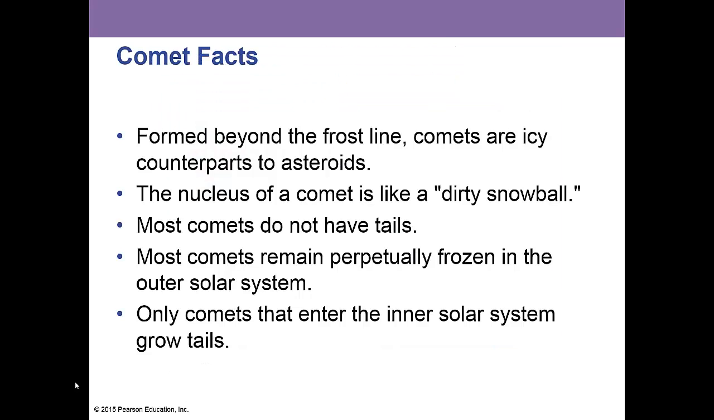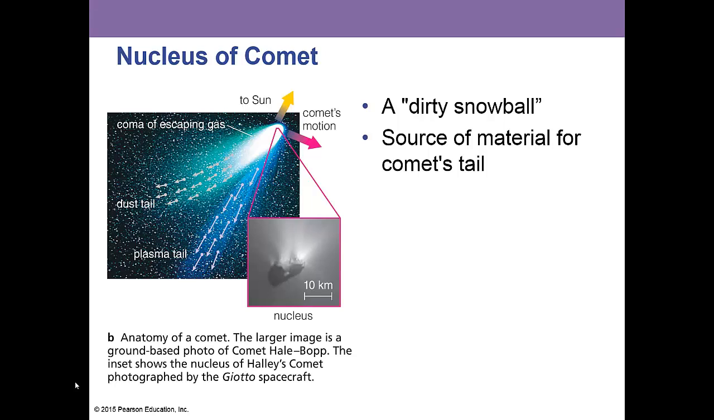Well, we know that comets form beyond the frost line. Comets are icy counterparts to the asteroids. The nucleus of a comet is likely a dirty snowball. Most comets do not have tails, until they get close to the sun, that is. Most comets remain perpetually frozen in the outer solar system, and only comets that enter the inner solar system grow those tails. So the nucleus is like a dirty snowball, the source of material for the comet's tail,